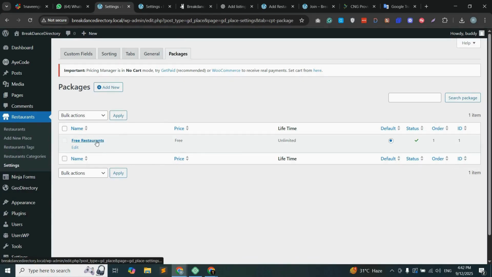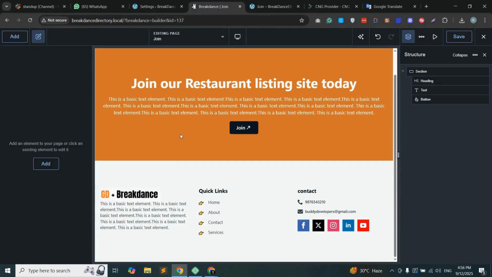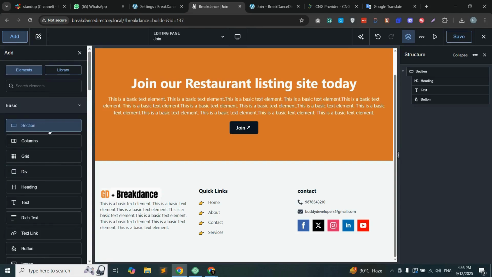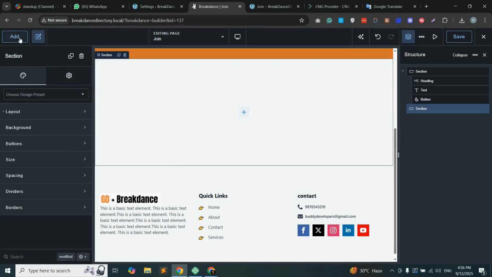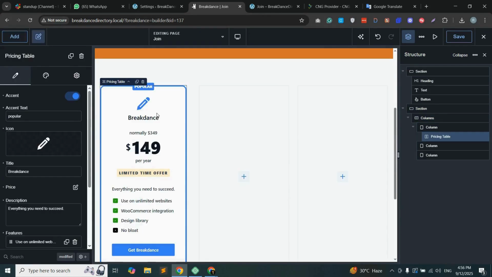So default free packages are automatically created. So let's create 2 more packages over here. So we have added 3 packages over here. Coming and adding here the 3 packages, taking a section, and then in section taking 3 row column. Now taking a pricing column